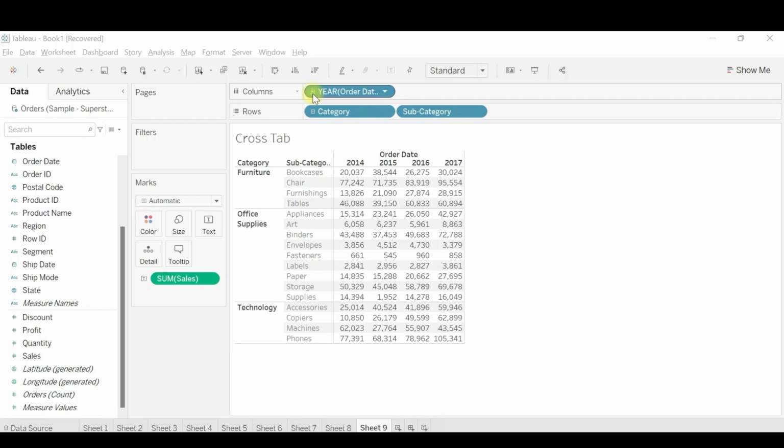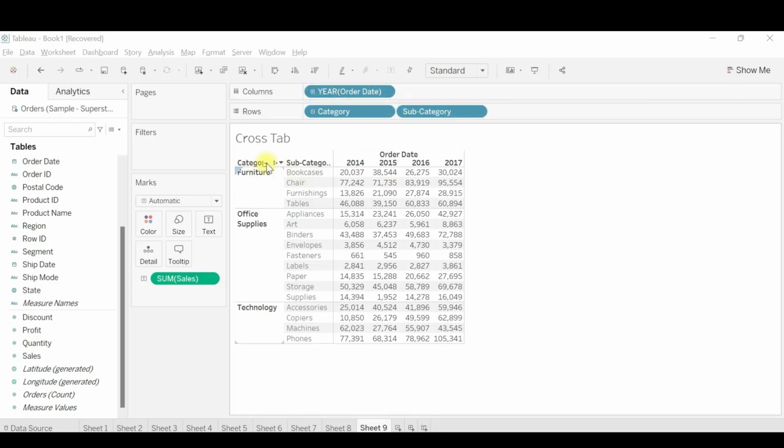So you can click on this plus sign to view it at a quarter level, a month level, or different levels of the date. Also, if you want to view it at a category level, you can drill it up. If you want to view it at both category and subcategory levels, you can drill it down. So let's see how to do it.